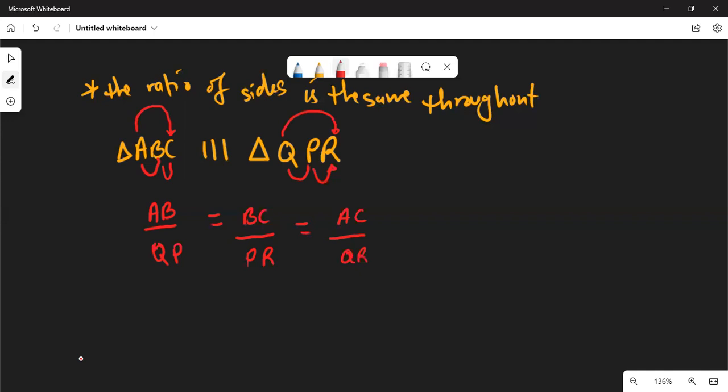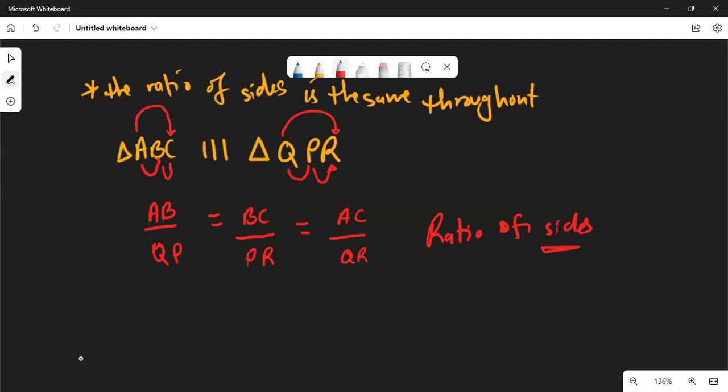So are we seeing this part of ratio of sides, how you take it? Exactly. So that is your ratio of sides. I'm saying this ratio of sides is the same throughout, that is why we are saying is equal to throughout. So meaning to say we can take advantage of any part that we are going to have. We can actually calculate any side because sometimes you'll be given